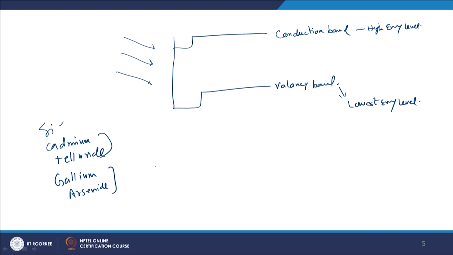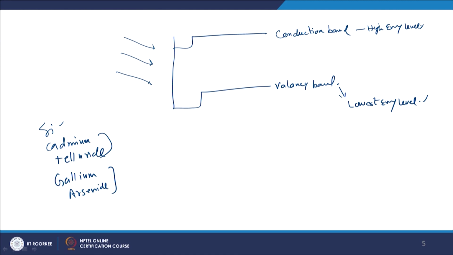Now, electrons here are very stable because they are in a low energy level. Low energy level does not mean that it is unstable, it is quite stable, quite packed. And here it is on a high energy level. So, little energy will be required here to excite the electron, high energy will be required here to move the electron. And the difference between this and the conduction band minimum energy, this is the minimum energy electron and this is the high energy electron.